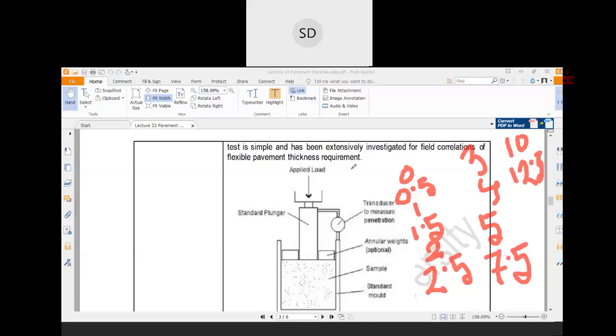All these readings are the standard penetration or standard displacement values, and all these values are